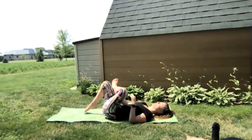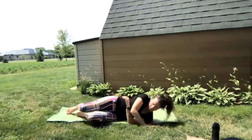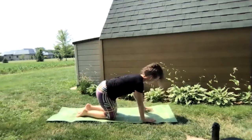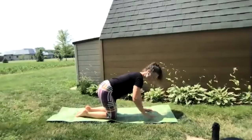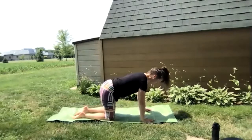And release both feet down. Take our time as we gently roll ourselves over, and we'll make our way all the way up onto hands and knees, assuming our tabletop position. Now, let's make sure we're comfortable here with hands coming directly underneath our shoulders, knees underneath hips, pulling our bellies